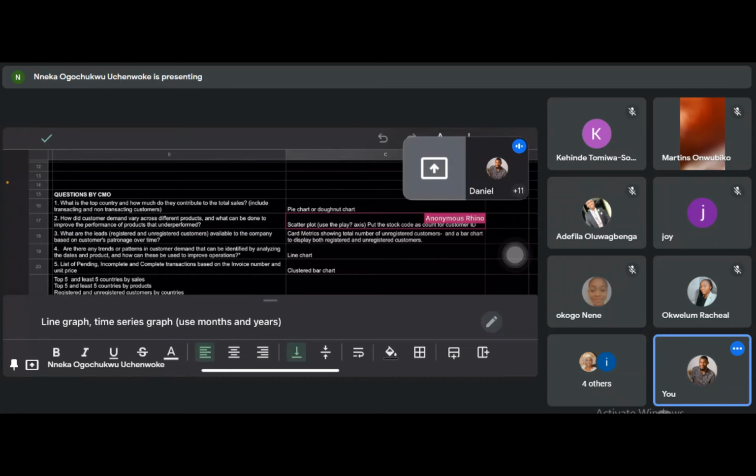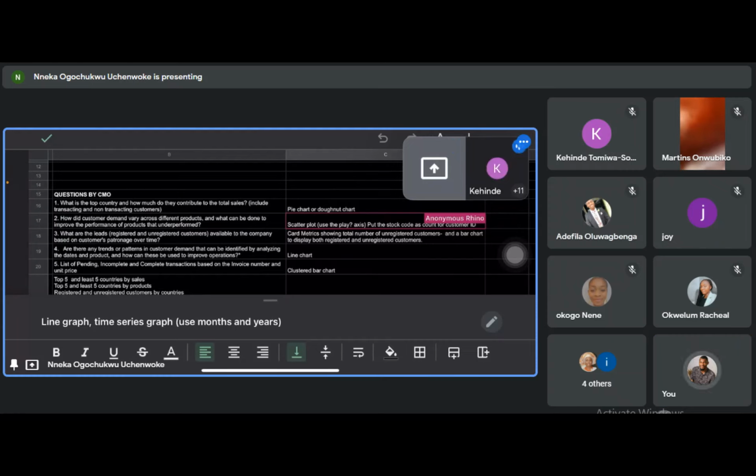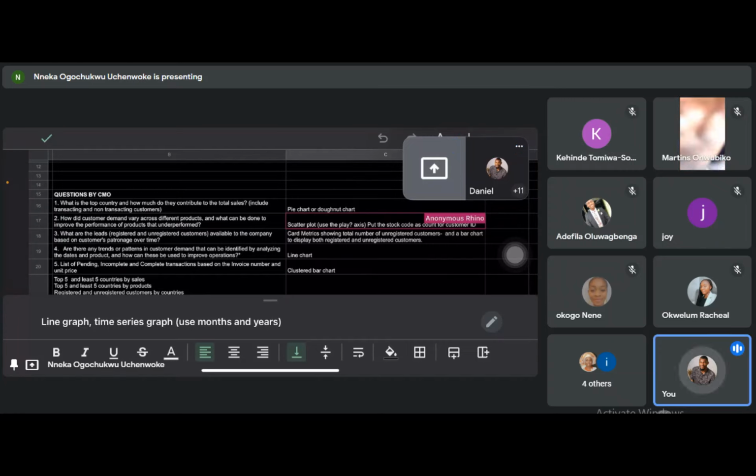So you can use comparative cost advantage for question 2, this one part of question 2: what are the leads available to the company based on cultural nature? So here you want to look at the distinct count of customer ID for each country, because we know that there are some customers that came back to buy, and customers that are coming to buy.